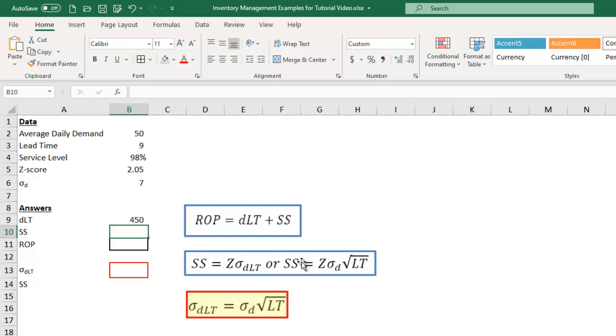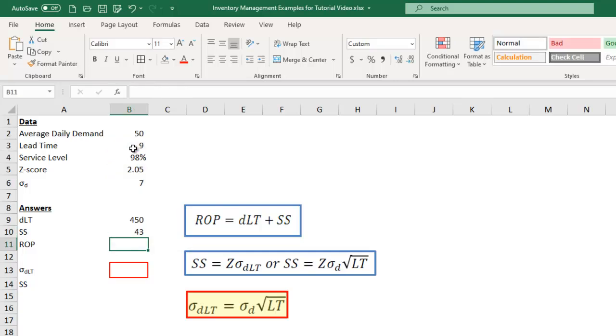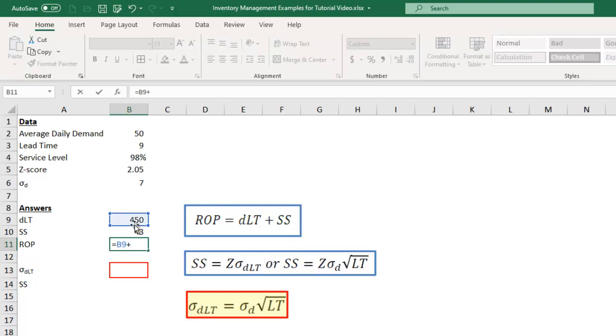Now we have two formulas for safety stock. We'll go with the second one first. Safety stock is equal to the z-score times the standard deviation of demand times the square root of the lead time. There's three components to this formula. Safety stock is equal to the z-score times the standard deviation of demand times the square root of the lead time of 9 days. And so our safety stock is 43. We add those two together. Again, the reorder point is equal to the demand during the lead time plus the safety stock,